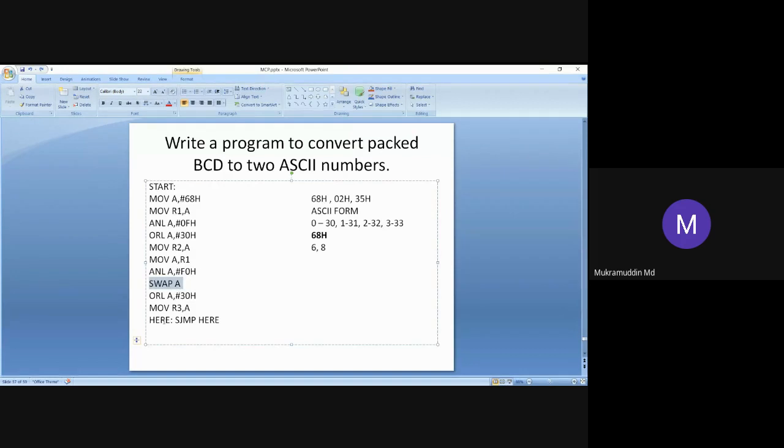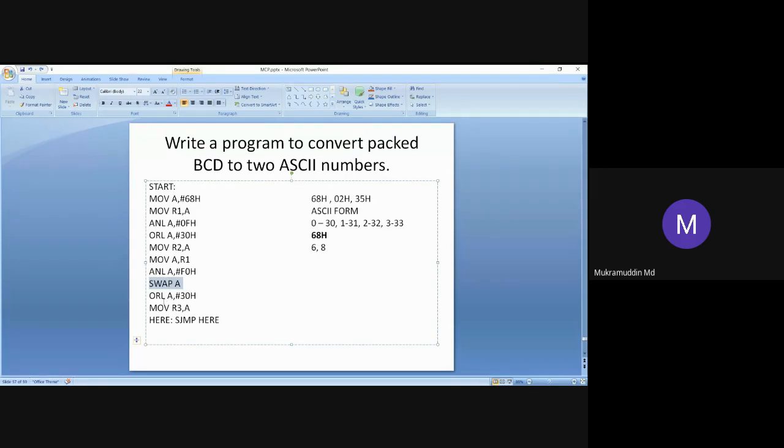Now, what we need to do? We need to convert that 6 into an ASCII number. In order to convert 6 into an ASCII number, just we need to add 30. So we are using ORL A comma hash 30, or, as was told earlier, we can use the ADD instruction also.